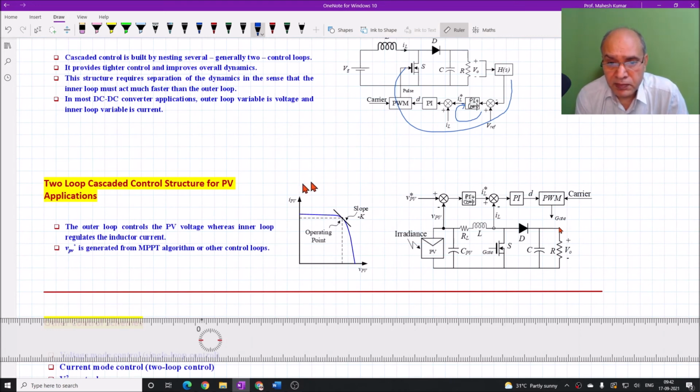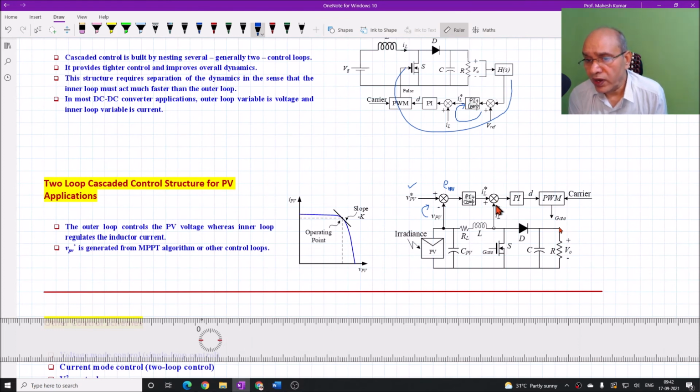So if we have a PV system, and we generate the reference quantity for maximum power using MPPT algorithm. The MPPT algorithm gives the voltage reference for the PV that corresponds to the maximum power, and we have to bring the actual voltage to that level. So VPV has to be brought to this level by comparing with the reference value and producing the error here, and that error is passed through the same PI plus compensator.